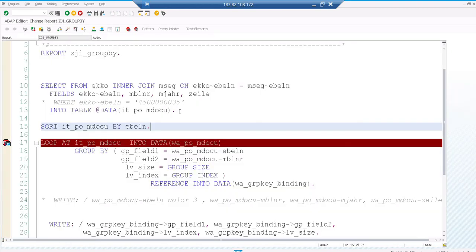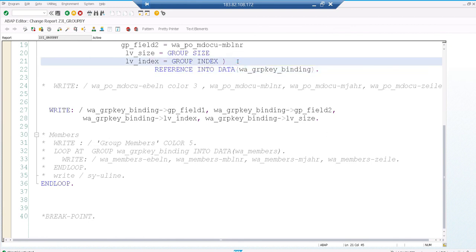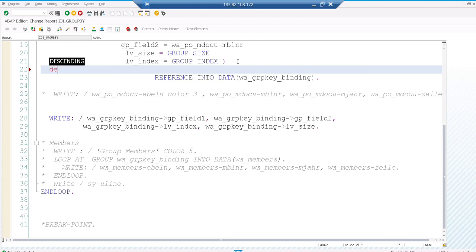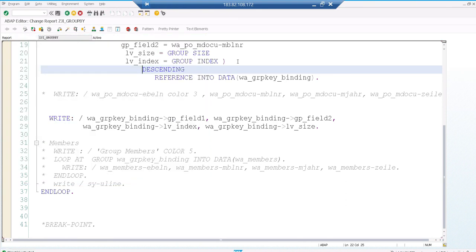Okay, so this is about group by in loop. So other two options are, I'm going to use descending. By default it's ascending, right? So I'll just go with descending. So what happens, the group data is going to be displayed in a descending order, then it starts working with the group by concept. So if I say descending and execute,